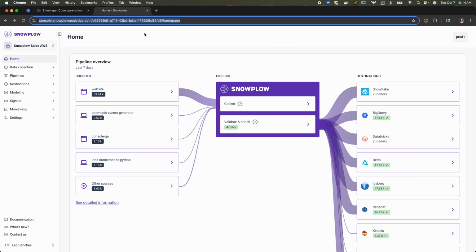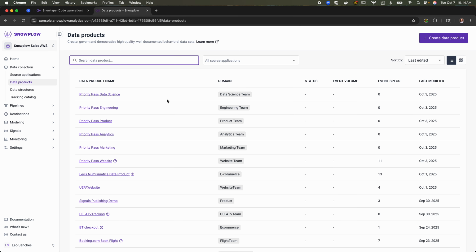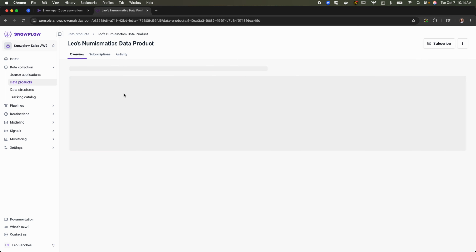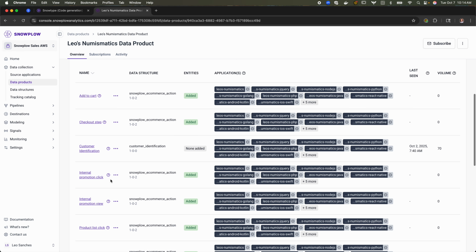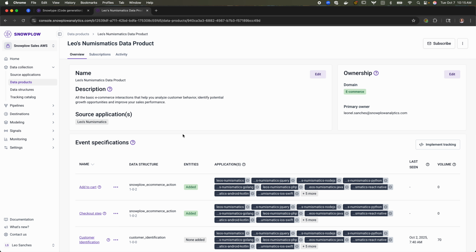And in CDI, which is this screen here, we have under data collection, data products, a list of data products that we are working with. And for this project, I'm working with a data product called Leo's Numismatics Data Product. Once I select this data product with all the events, I'm going to be transforming these events into code utilizing SnowType. And the 2 pieces of information that we need, which are the organization ID, is here at the URL right after